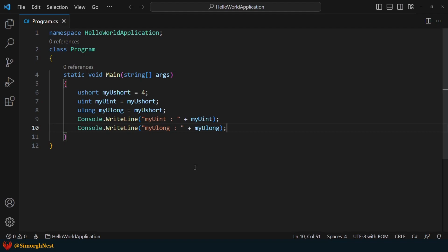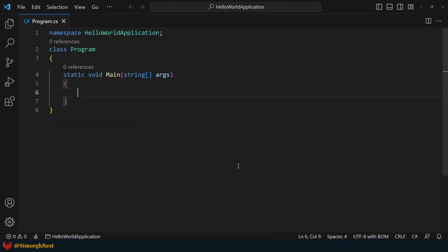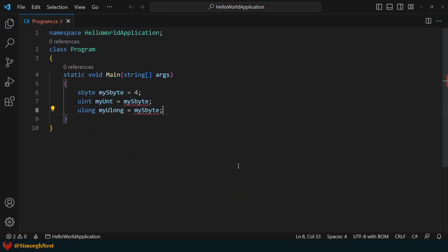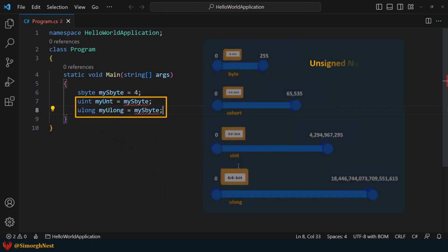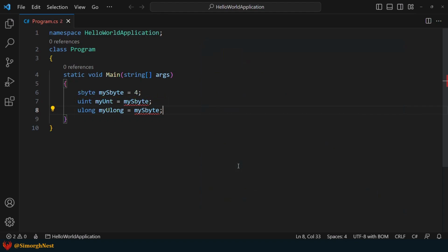Alright, now let's do an implicit cast from signed numbers to unsigned numbers. As you can see, our code is going red because, as we told you, unsigned numbers cannot represent negative values. Okay, now let's do an implicit cast from an unsigned number to signed numbers.